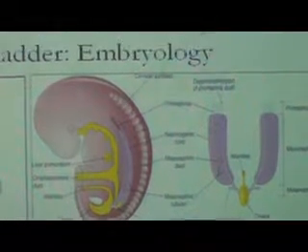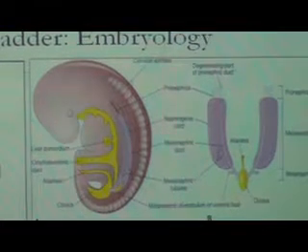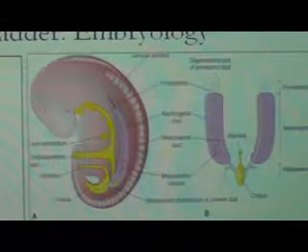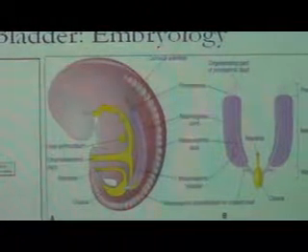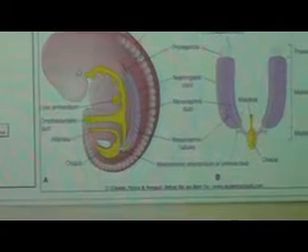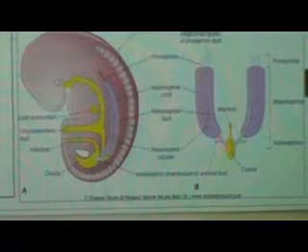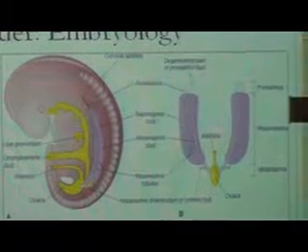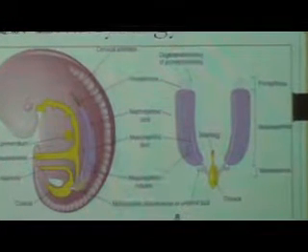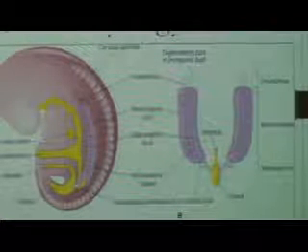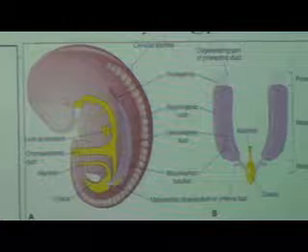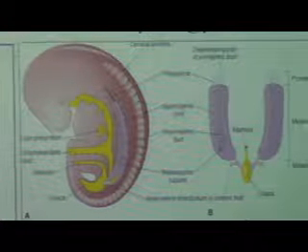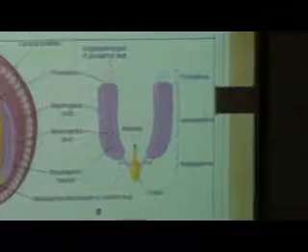Just lateral to the notochord there are three structures. Just lateral is the paraxial mesoderm, which forms the somite. Okay. And the most lateral part is the lateral plate of mesoderm, which forms the intra-embryonic coelom. And in between these two structures is the intermediate mesoderm, which we are concerned with in today's class. Okay. So this intermediate mesoderm later on differentiates into three structures, that are pronephros, mesonephros and metanephros.